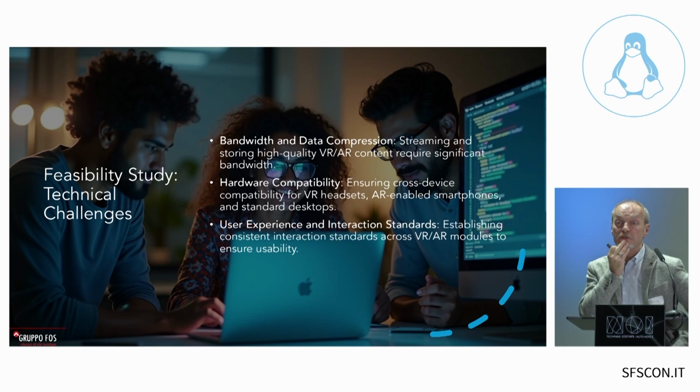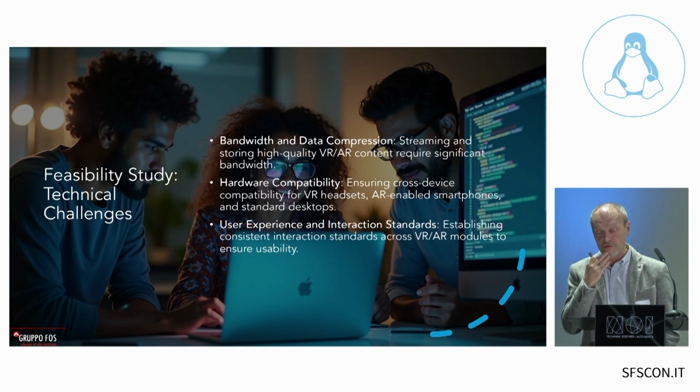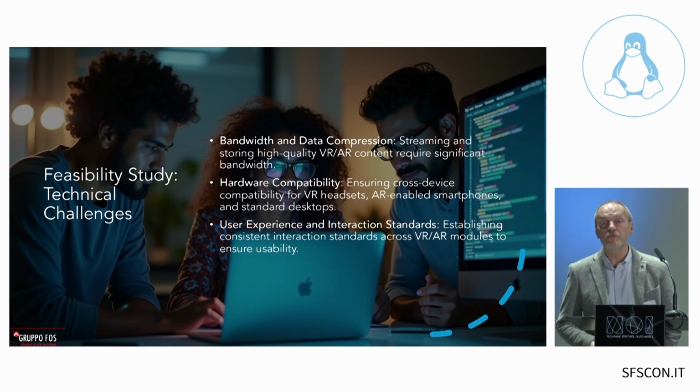It has many technical challenges. Bandwidth and data compression, first of all, because VR and AR content requires significant bandwidth and storage. We are working on compatibility across different devices.